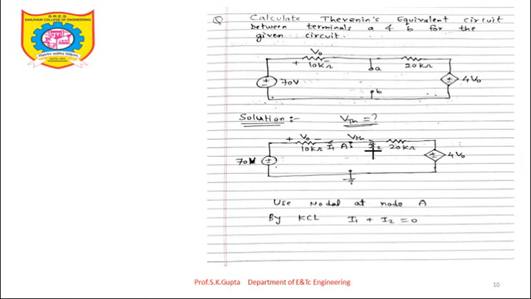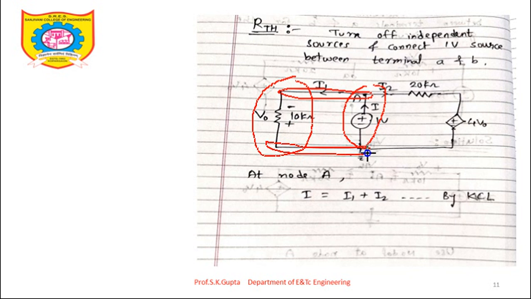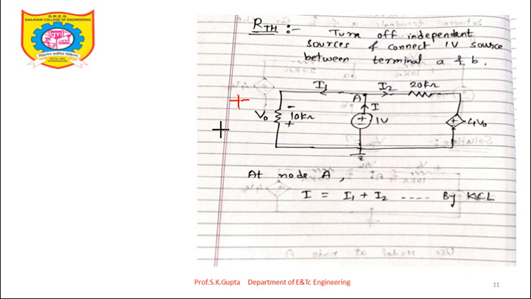This 10 ohm I have drawn it properly, so it looks like this. So this is my circuit. Now voltage here is plus minus 1 volt, so this 1 volt source and this 10 kilo ohm resistor, these two are connected in parallel, as you can see, because they are sharing same two nodes. This 1 volt source and 10 kilo ohm are sharing this node, and 1 volt and 10 kilo ohm are sharing this node, or as you can see from the circuit also, these two are in parallel. So here the voltage is 1 volt, so here also voltage will be 1 volt. In parallel voltages are same.